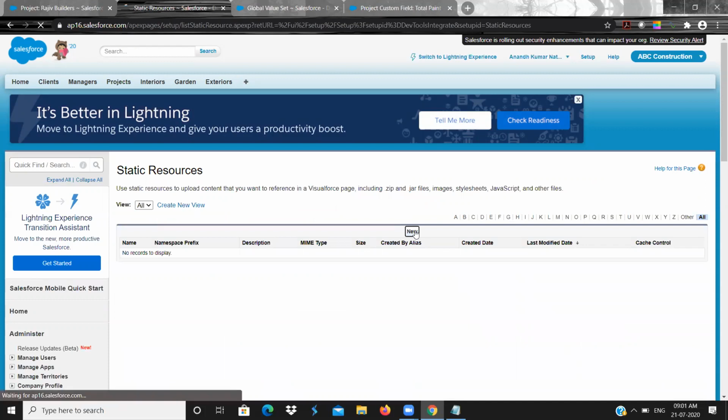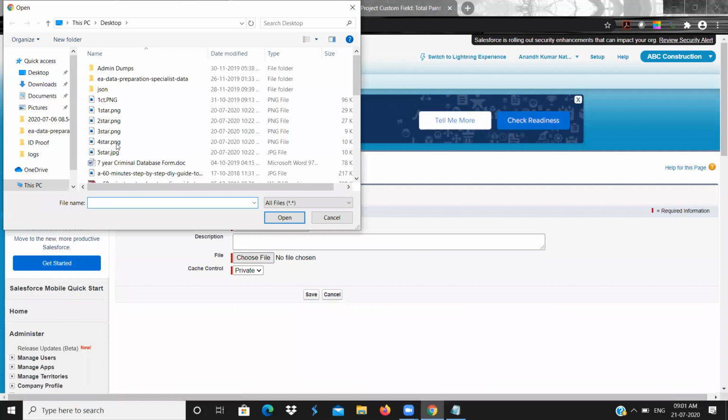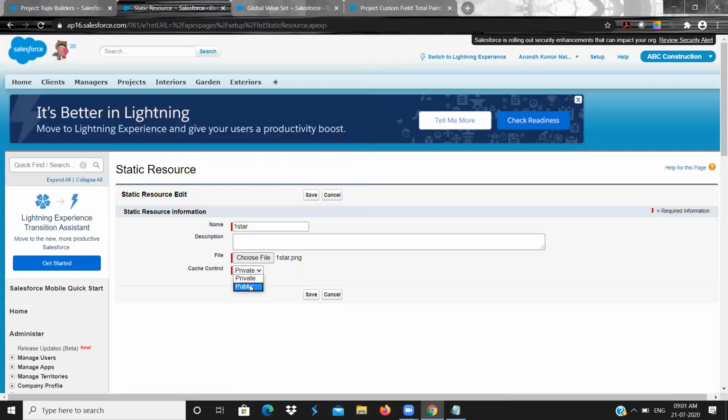Okay, so you need to give a name, *1. See, you cannot give 1star, a number, at the start. If you give it, it will throw an error. Numbers should not be at the first like that. So I'll show you on the desktop. So 1 star. Cache control, I'm giving it as public.